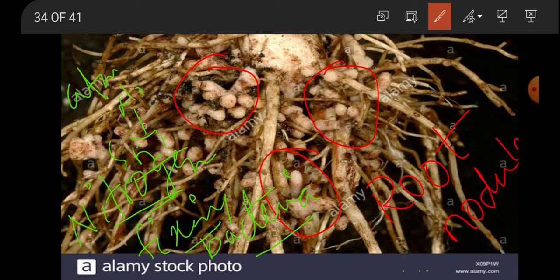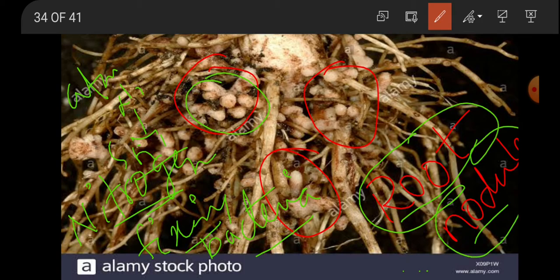So nitrogen fixing roots are another type of specialized, modified roots seen in plants like the legume family, where the root contains root nodules, which are swollen zones. Inside them there are nitrogen fixing bacteria which always supply the plant by fixing atmospheric nitrogen. These bacteria also get shelter, so the plant and the bacteria benefit each other mutually. Such modified roots are called nitrogen fixing roots.